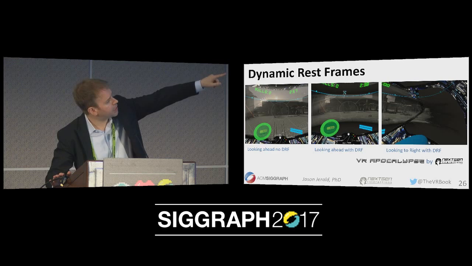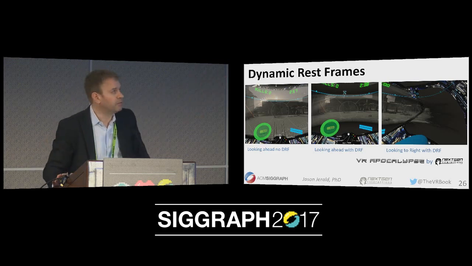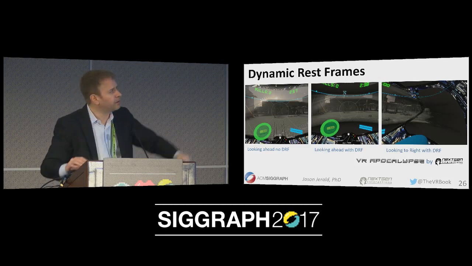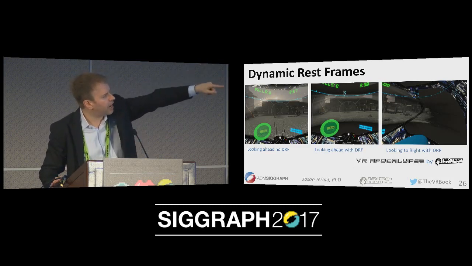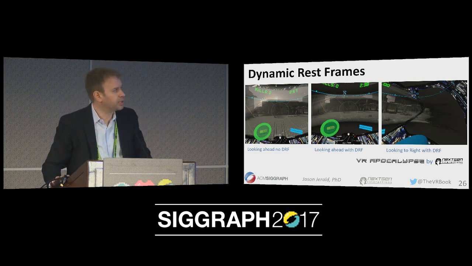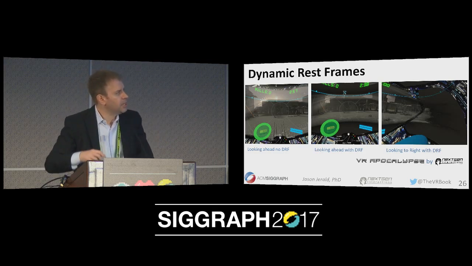And so on the left-hand side, I'm simply looking forward. I'm not moving. So you can see out, you can see the whole world, you only see the cockpit. But then when I start moving forward, you can see out the top of the screen and the bottom of the screen are sort of, the window is fogging up basically with that black oily substance. And then in the